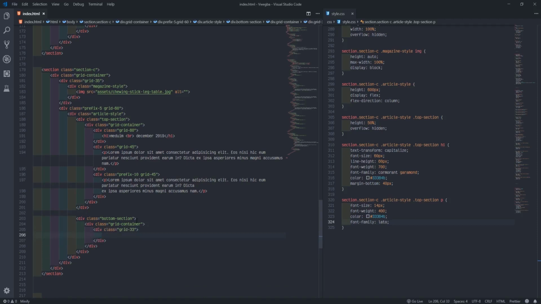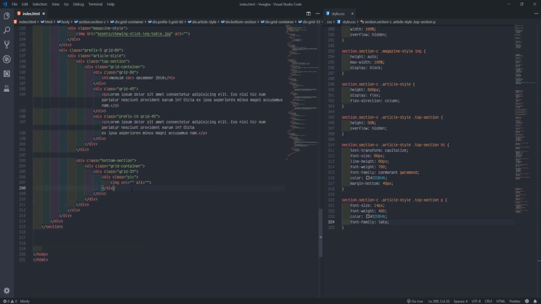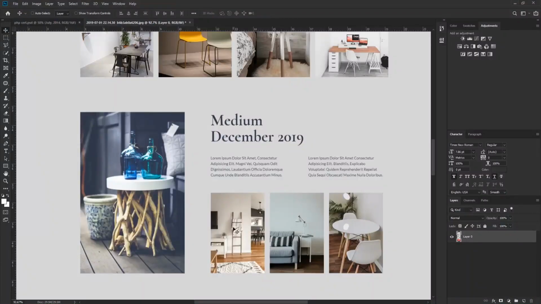Then I'll just put pic, and the pic will get image. So quickly, which image there must see? This one will get a lot of inside house.